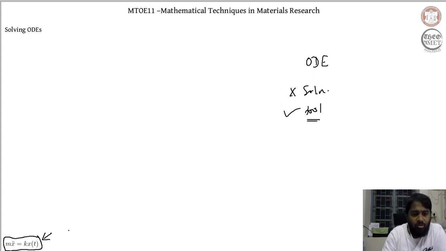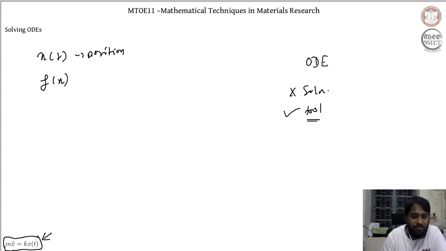Now, when we want to generalize this expression here, we don't want to restrict ourselves just to solving for the positions of the atoms. We want to have a generalized expression in this form. Now, when I want to have an expression that involves not just the positions of the atoms, but rather a general function f of x, this expression can then be translated to something like the second derivative of my function with respect to my variable is equal to, let's say, a times f of x. So when I translate this